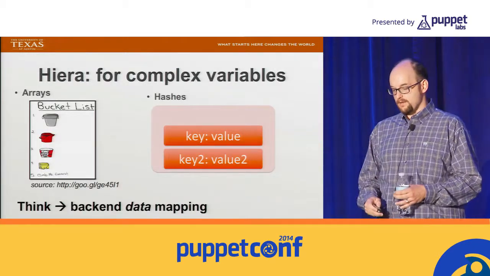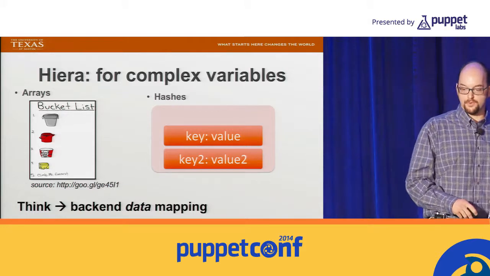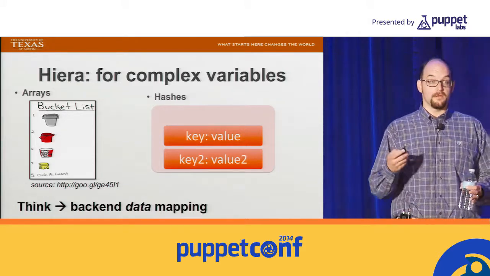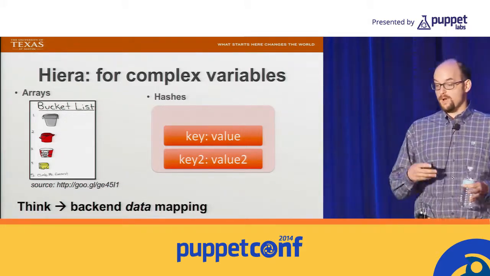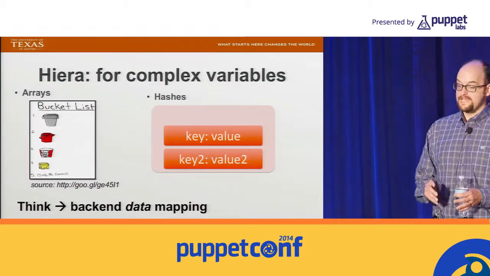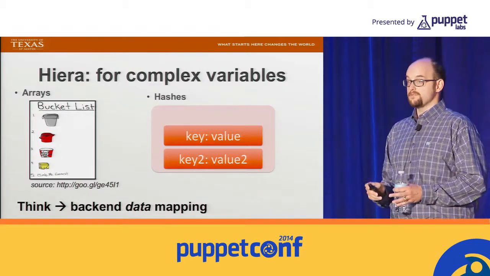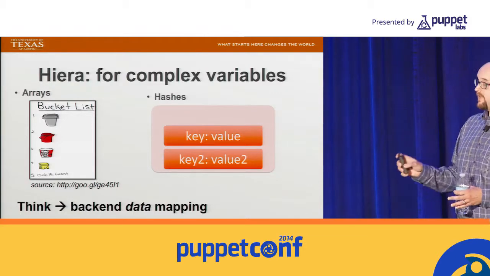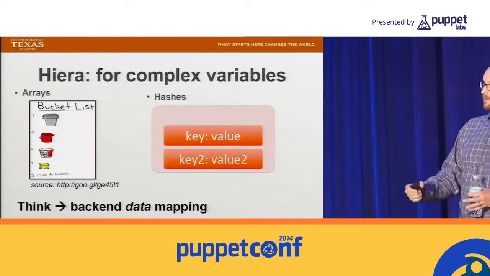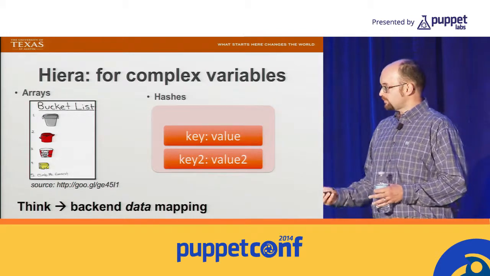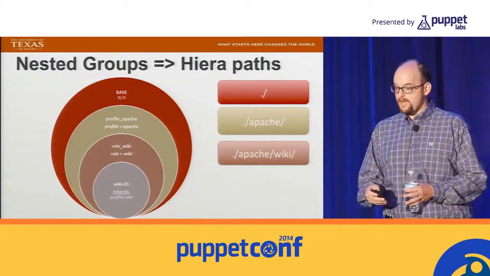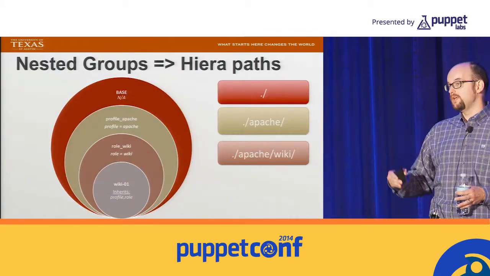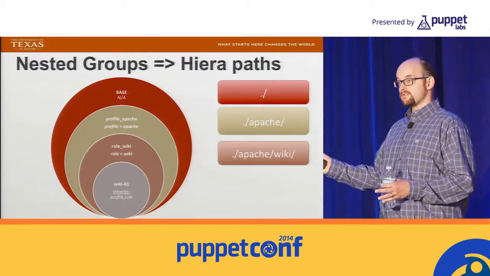And so as kind of a refresher course, Hiera is for basically complex variables. It's for arrays, it's for hashes, but the key thing is to think of Hiera as back-end data mapping, right? Every Hiera is a key value in usually a YAML file somewhere on disk. And so we basically do the same thing with Hiera that we do with our nested console groups, and they